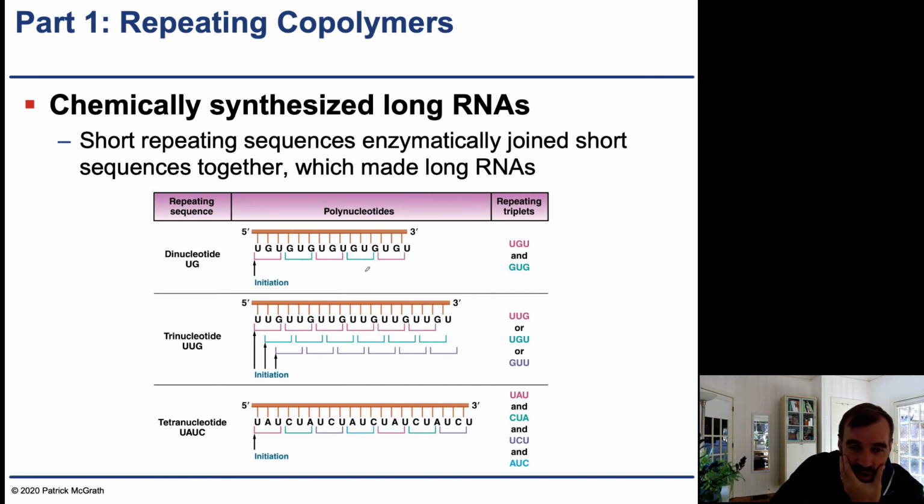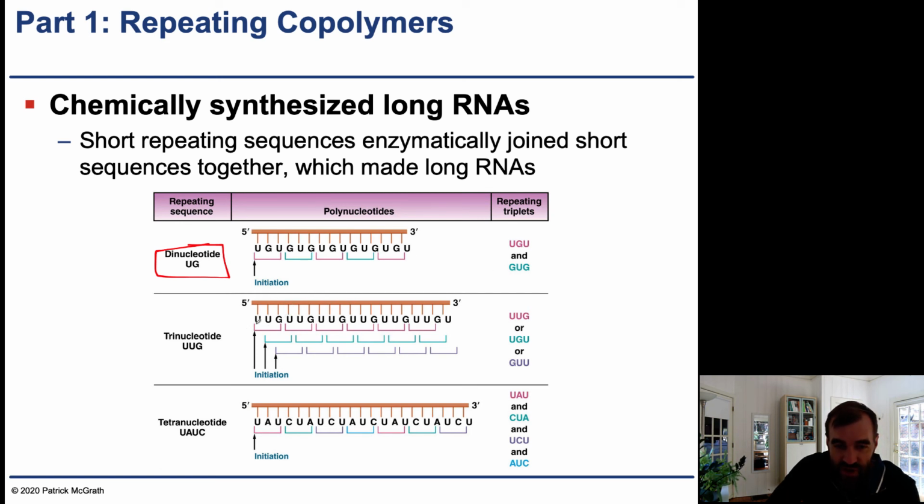And so the repeating unit in this case was a dinucleotide, UG. So they could join the UGs together. And so by joining all of these UGs together, you could only produce two different types of triplets, UGU or GUG. Similarly, if you used trinucleotides UUG and you just put them all together,